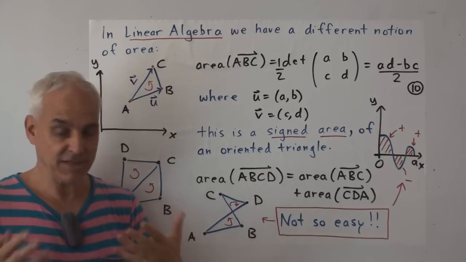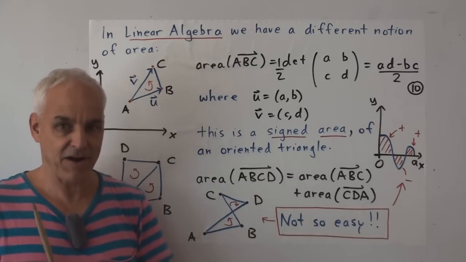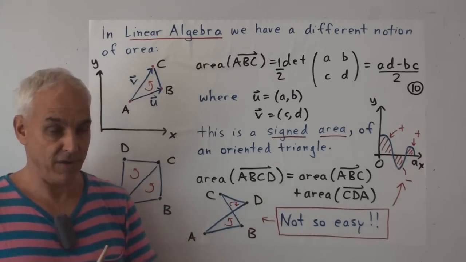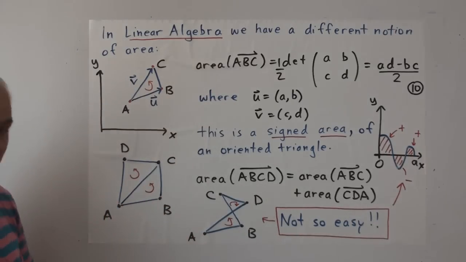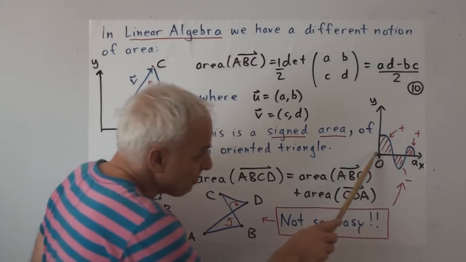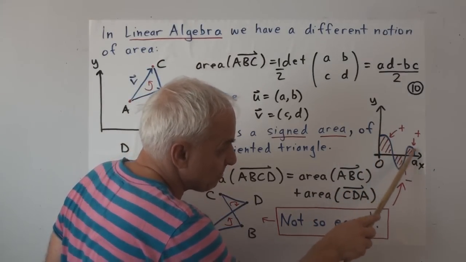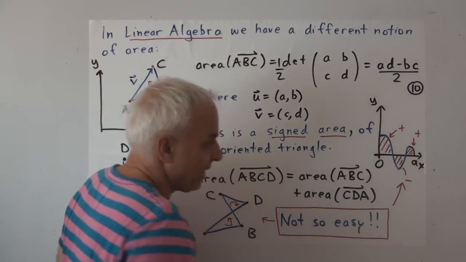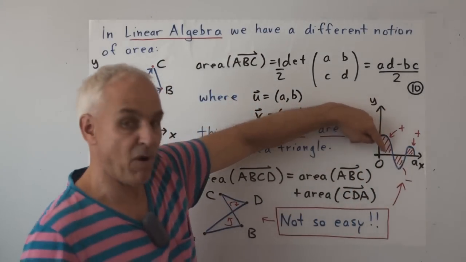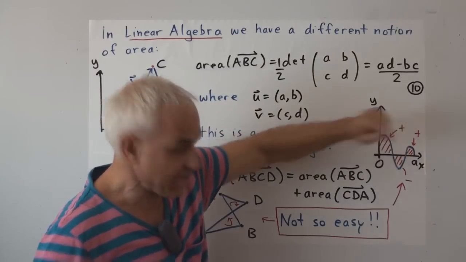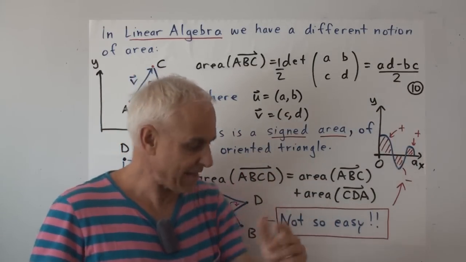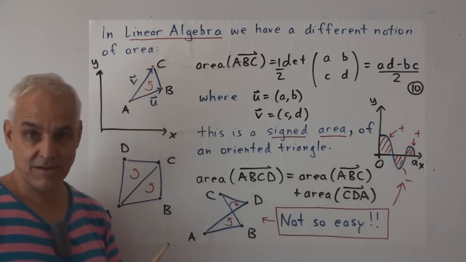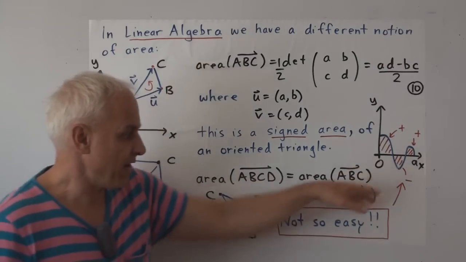Dealing with areas as positive is very, very cumbersome when you want to work with more general polygons. Is this relevant to calculus? It certainly is, because in many situations you will have a function that maybe dips below the axis. And then when you're integrating it, it turns out that you want to consider this area as positive and this area as negative and this area as positive. So it's essentially the same kind of business that's happening with these non-convex polygons.